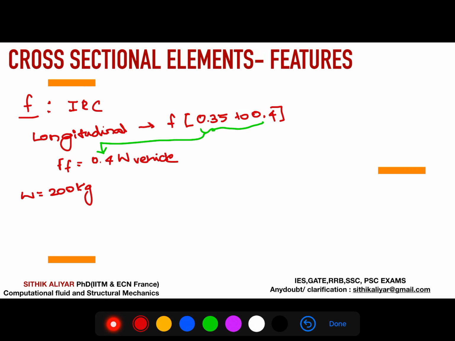So I am traveling at the speed of 80 km per hour, where the friction is very high. So consider I am traveling at the speed of some 40 km per hour. I am having a Royal Enfield Bullet. Consider the Desert Storm, that will be approximately 210 kg or 200 kg. So when the vehicle is traveling, for a 200 kg vehicle, the frictional force experienced by the tire, as suggested by